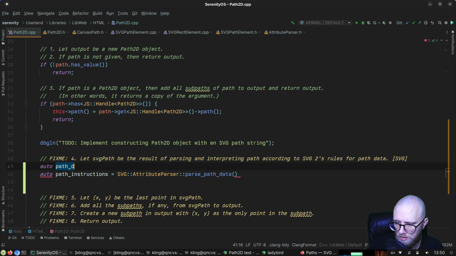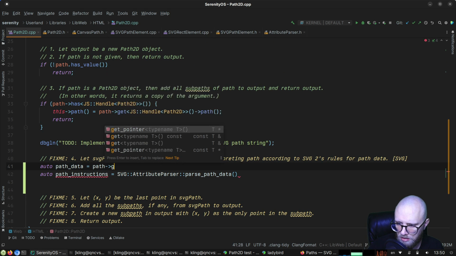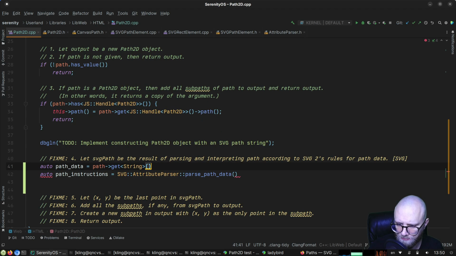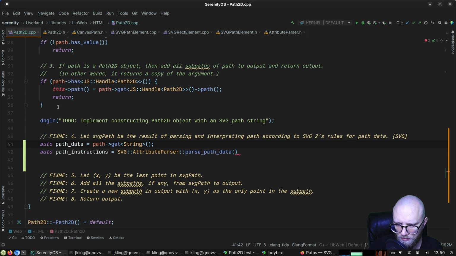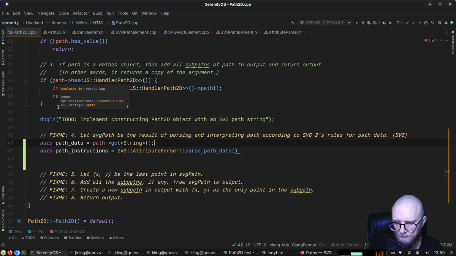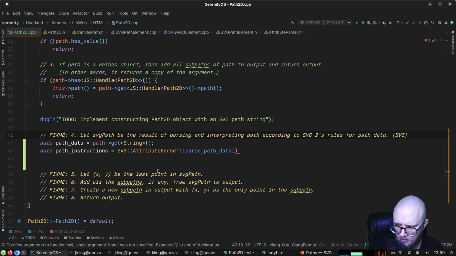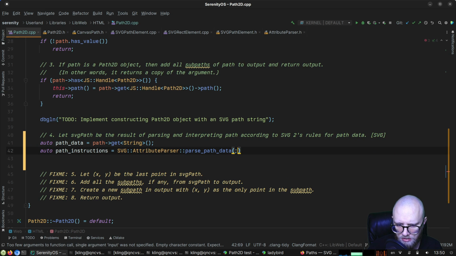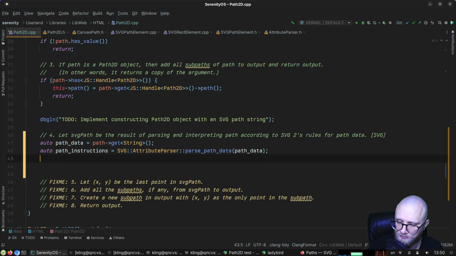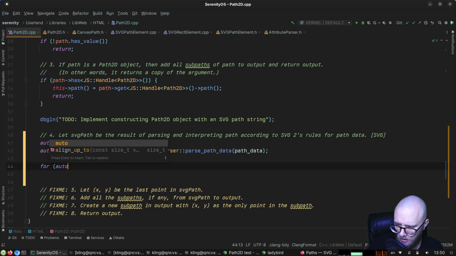Then the path data is path get string. Okay. And then, let's see. Then we want to parse that path data. Path data, sure. And then